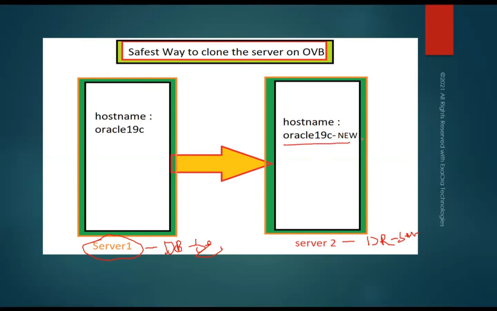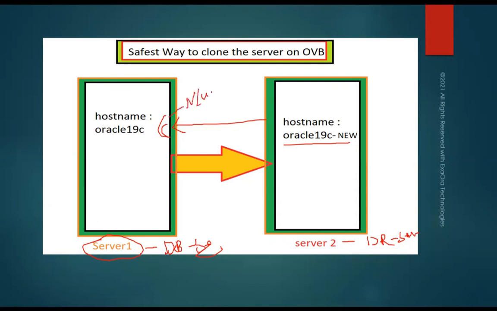Otherwise, if you miss to change the IP address, or if you miss to follow one single step while cloning, it will impact your source machine, that is your current machine. It will corrupt the network from there. उसका पूरा network corrupt कर देगा. So make sure you properly watch the video while you are practicing, while you are cloning the server. Don't start directly. Follow the same sequence that I am going to show you. If you miss a single step, it will directly corrupt, obviously वो corrupt कर देगा किसको, आपके सोर्स मशीन के आईपी एड्रेस को, मींस नेटवर्क को.